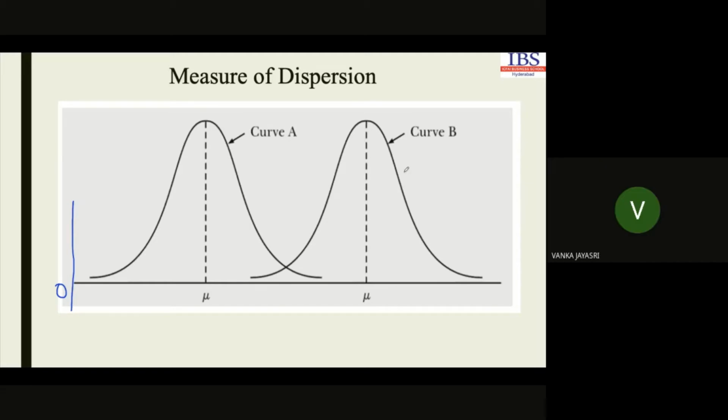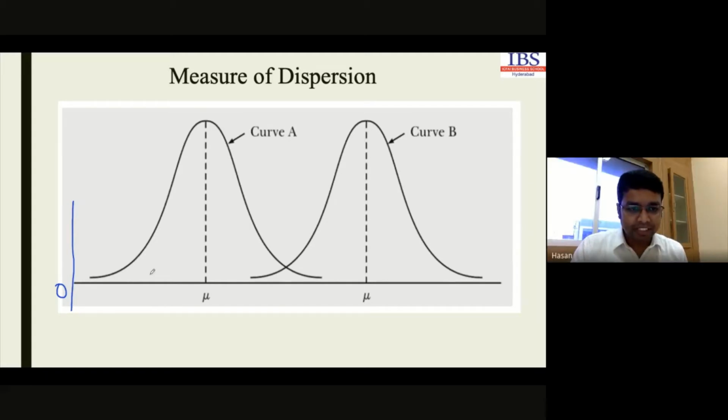Yes, sir, similar. Everything is the same. But if we start with the 0 here, that means the mean for this graph and the mean for this graph will be different. Although they look similar, they differ in other things. Median and mode are similar, but the mean will be different here, because their position from the origin is different.